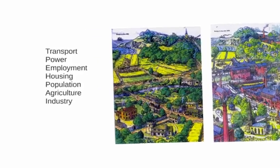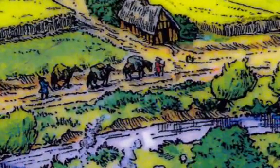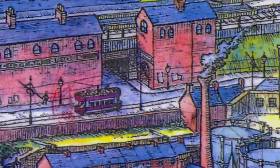In 1750 we can see that transport was largely by foot. If you were lucky enough to have a horse, you might be riding a horse, but most people would walk to where they needed to get to on rough, unfinished roads. If we fast forward to 1900, we have the use of electric trams. The big improvement by the time we get to 1900 is the invention of this thing, which is the train